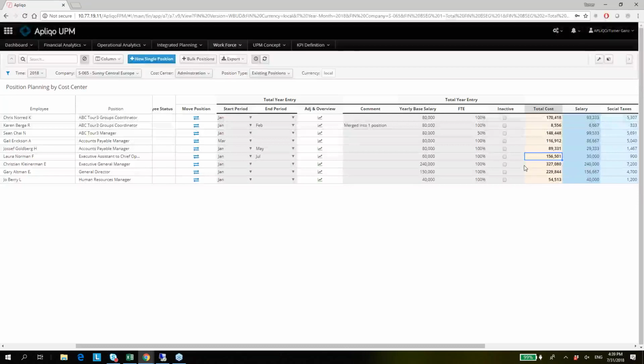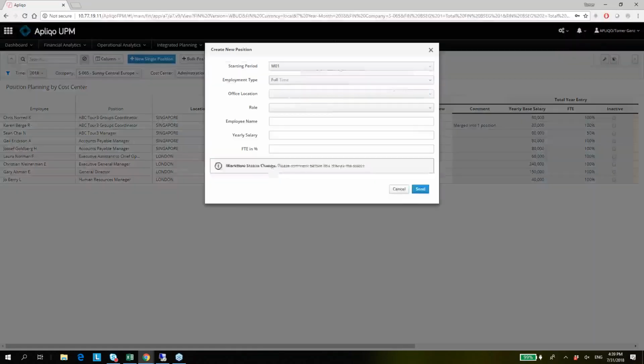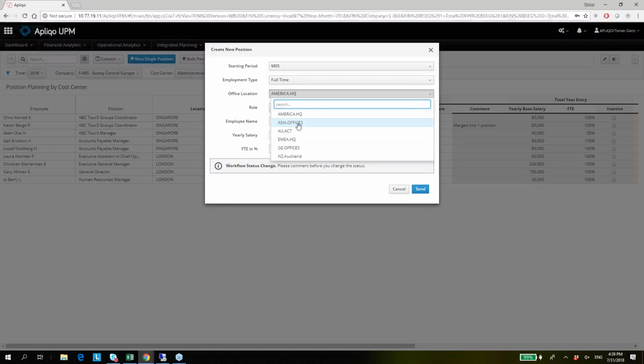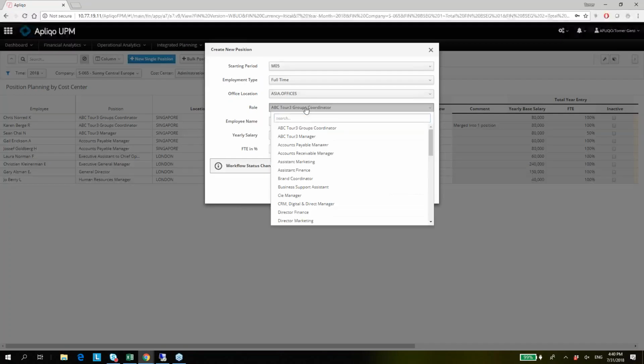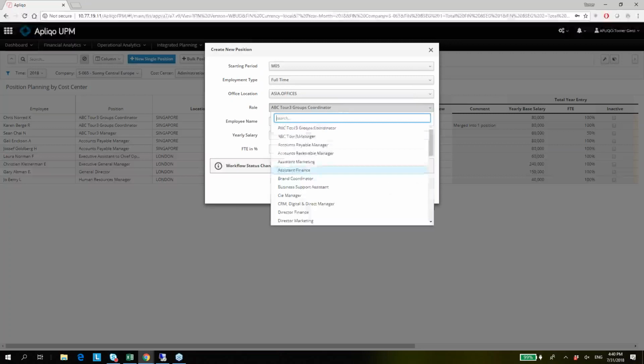Now, another very common scenario you would do in workforce planning is creating new positions which were not initially part of the workforce. In order to do that, we have two possibilities. We have an option to add a single position, which I'm going to demonstrate very quickly. I can select a starting period, let's say May, full-time, on a specific location, and the role would be, let's look for, we want to recruit somebody for